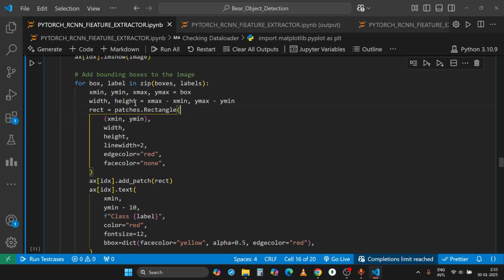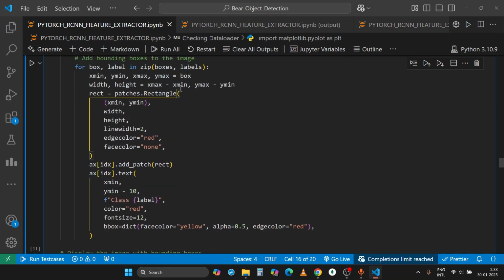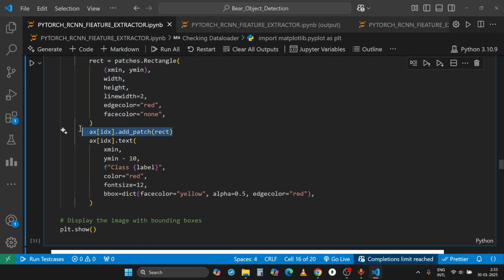After that, using that, we have to get the width and height of the image. By xmax minus xmin we get the width, and by ymax minus ymin we get the height. This patches.Rectangle basically generates the bounding box, of color red and face color none, line width 2. We just have to pass the first coordinate, xmin and ymin, and then give the width and height. It will generate the bounding box,